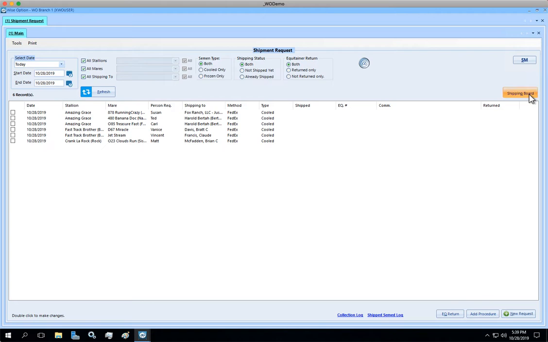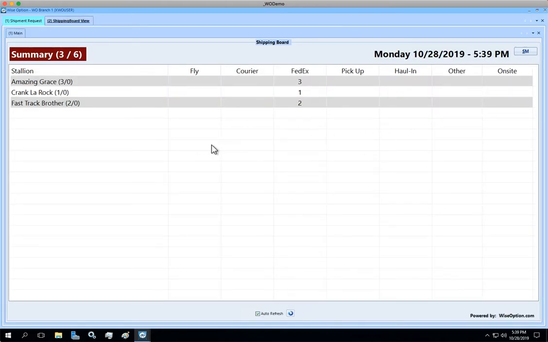When you click on the shipping board, the first thing you're going to see is a summary: the number of stallions and the number of shippings for that day, and the variation for each one of the stallions. For this case here, I did all of them as